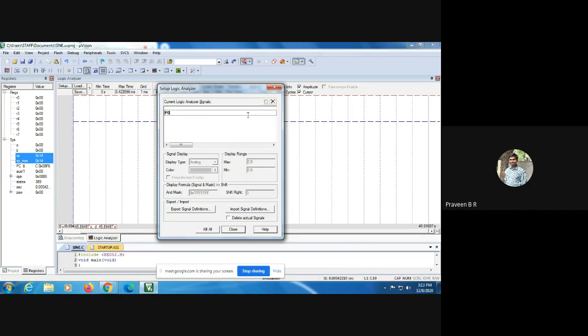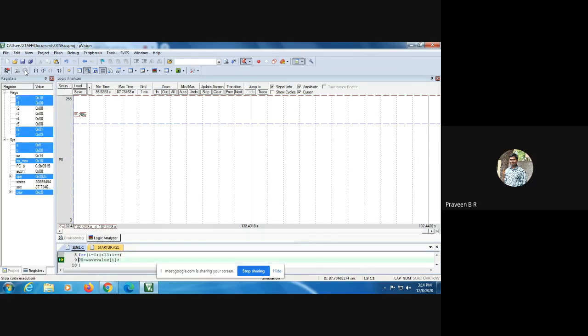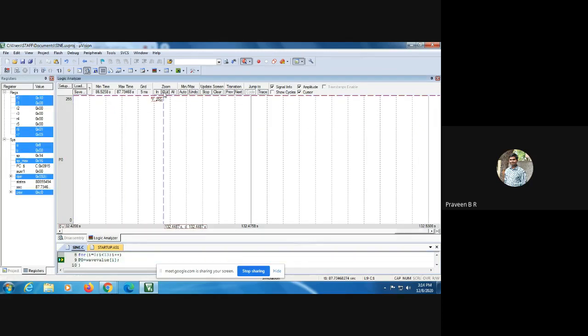I have selected port 0. So I click on port 0. After this, I press close. Now, it asks me to run the program. So I press F5. After pressing F5, I click on zoom in, zoom out and observe the waveforms.